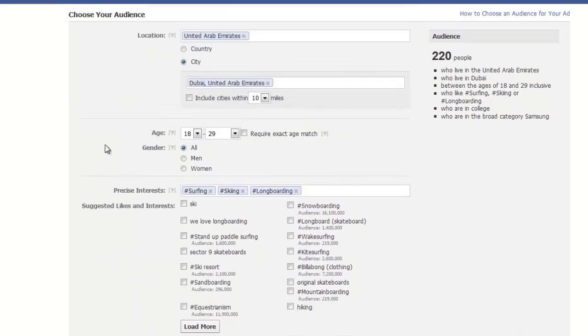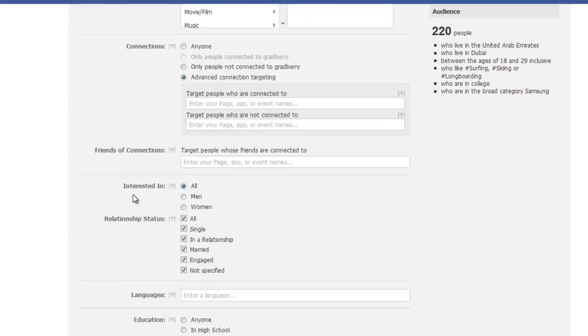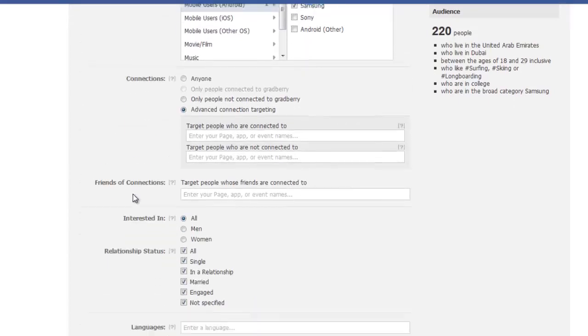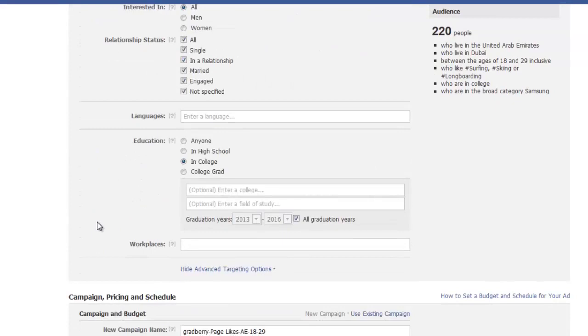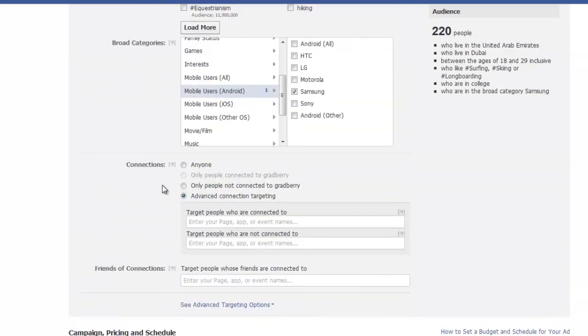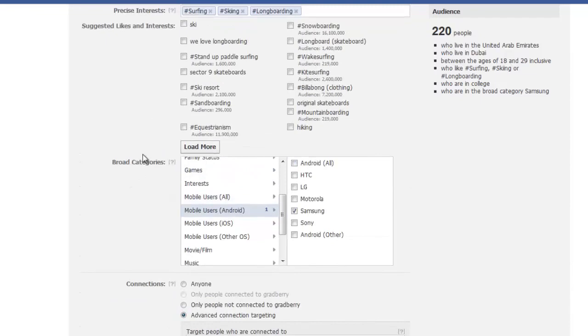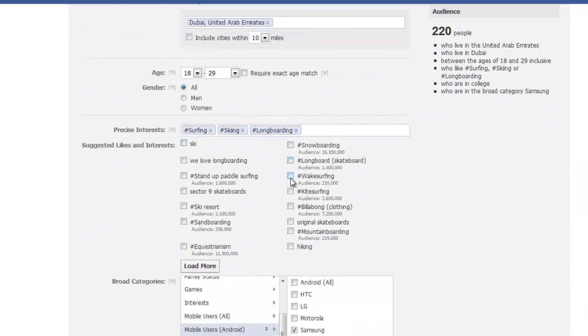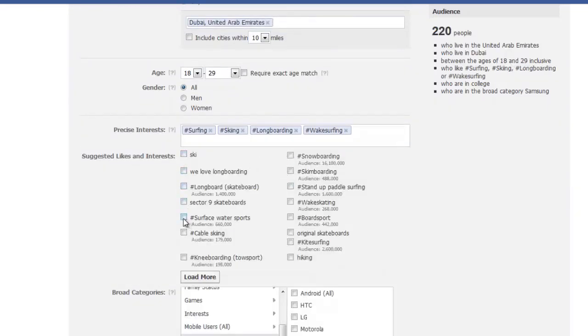Before, it just used to be that you could select your audience, their age, gender, and their education, but now it's become very specific, and you can really boil down and select a very specific audience for your advertisement. So once you've selected your targeting, let's just hide the advanced options, and we've already selected what we're looking for. Let's maybe also select some further sports so that we can increase our number of